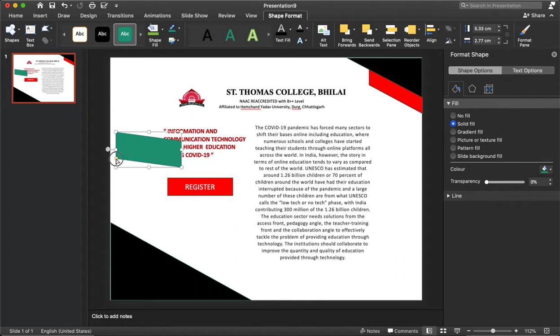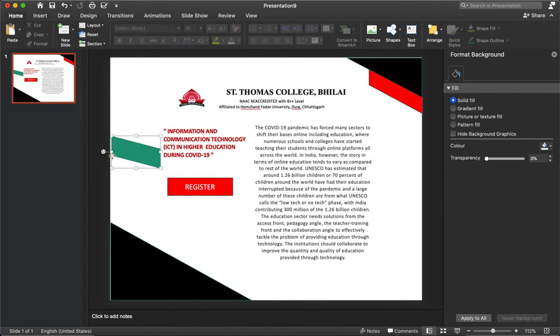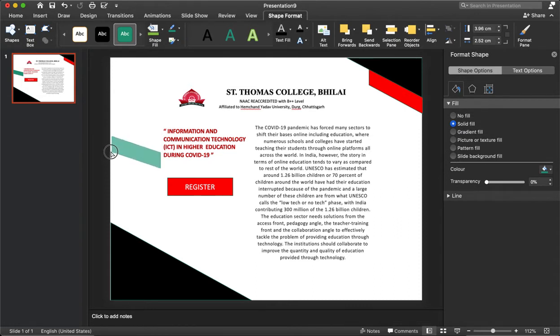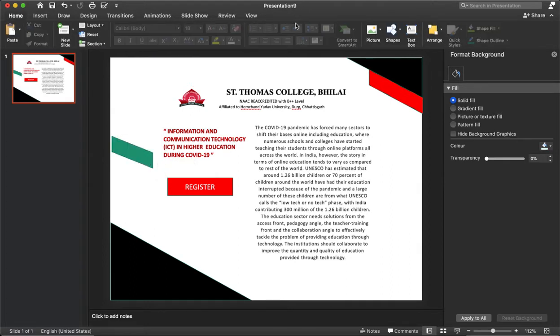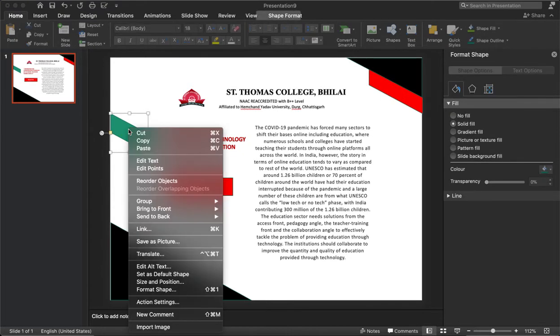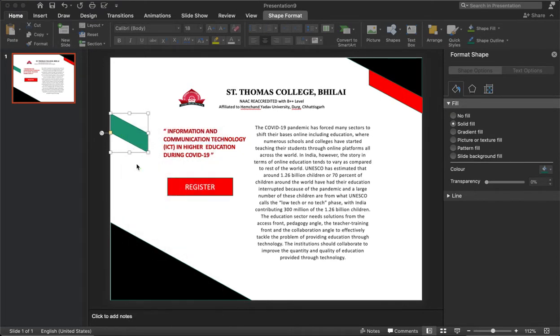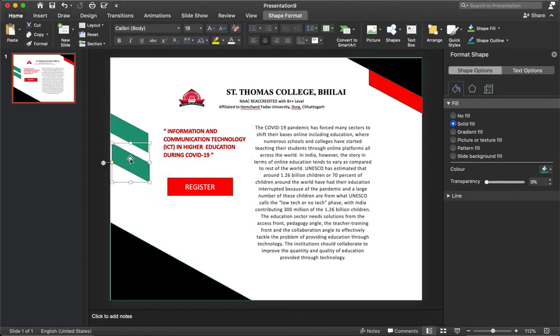We can also change the angle of the parallelogram at a particular angle. So the first one can be moved even down. Copy this figure and paste it and rotate it to